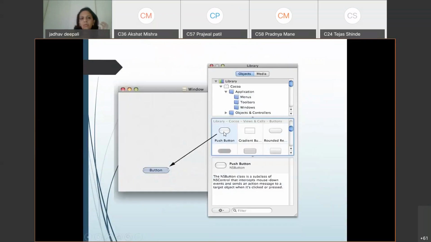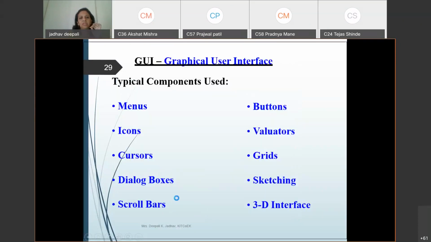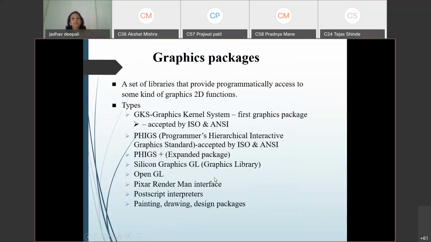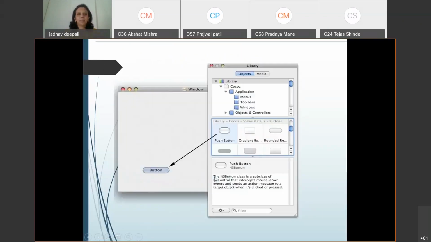Buttons, push buttons are normally given there. Using a pointing device such as keyboard or mouse, you can click on that. Menus, icons, etc. So is everyone clear with the applications?